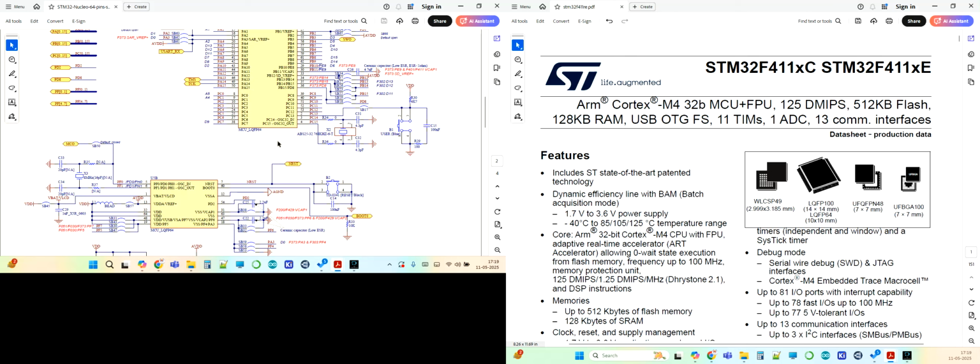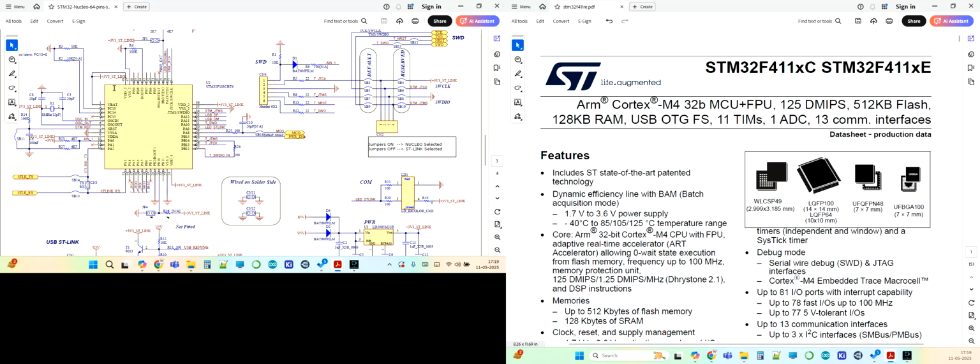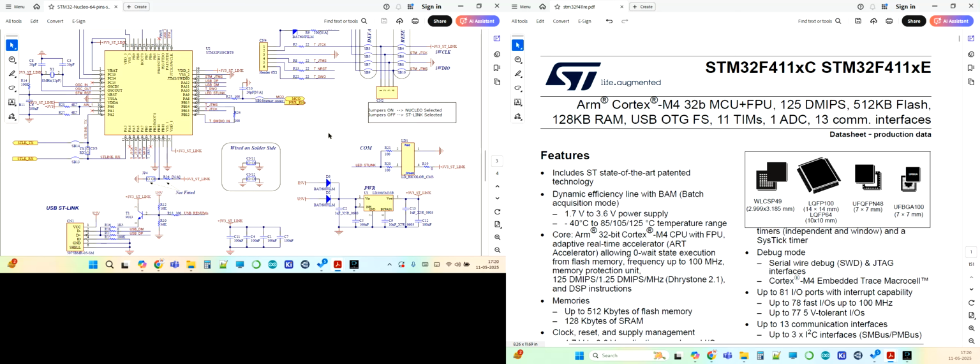Now we know in the Nucleo board there is also another microcontroller, right? Which is the ST-Link microcontroller. So if you scroll down, this is the ST-Link microcontroller in the schematic. Okay, so this also will have power, right? Every chip requires power. So now this particular microcontroller is powered through another regulator here, as we highlight, and the